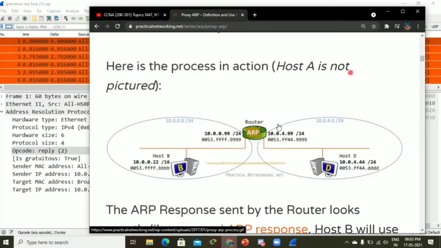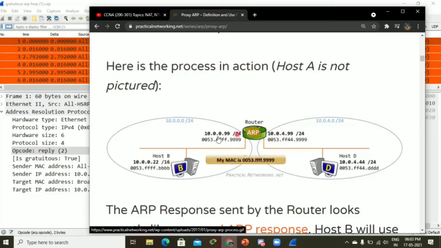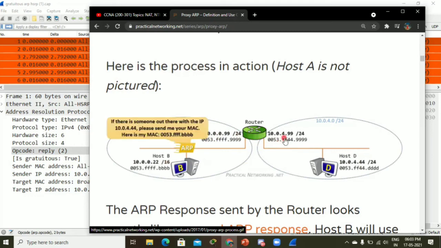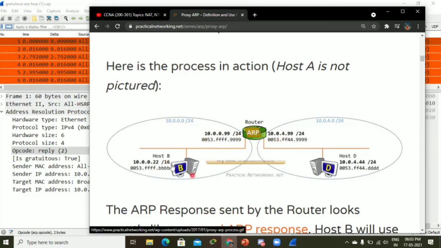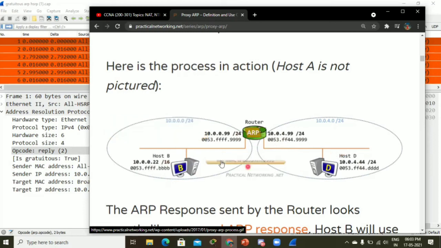You can ask why, because they belong to different subnets. Here you can see /24, this belongs to the 0 network, and this PC belongs to the 4 network. So what is happening here is that proxy ARP lets this PC think that the receiver is in the same subnet.